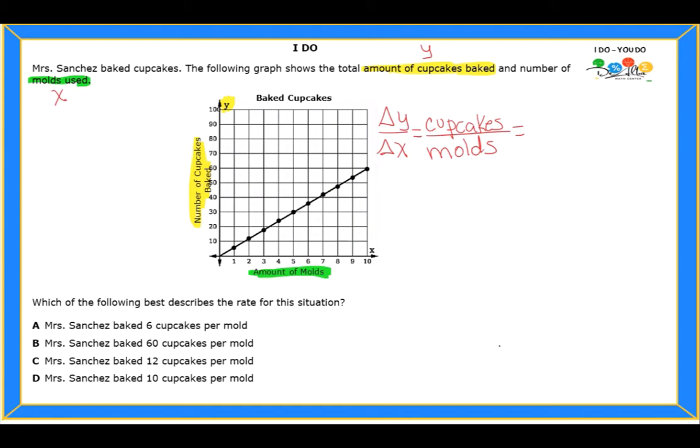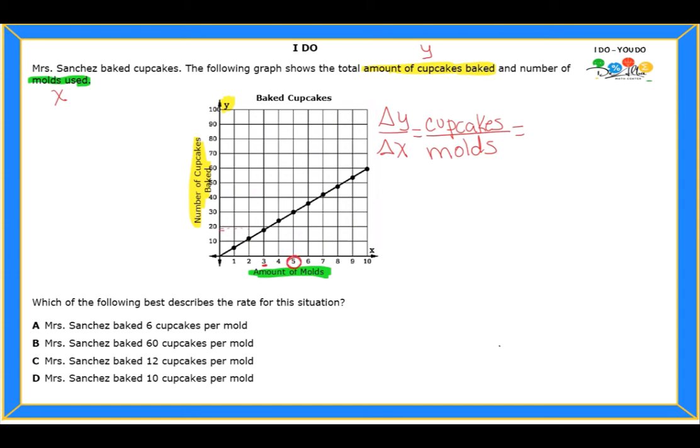Now, my advice is, yes, you can use some that are kind of halfway, but I always try to find the ones that are more on the intersection of a good X and a Y. For example, I would not recommend you to use 3, because notice how 3 is a little bit here, but it's not on 20. So it's kind of hard for me to say that it's exactly a 20. So we're going to have to find the ones that are nicer for us to identify. For example, I would say look at 5,